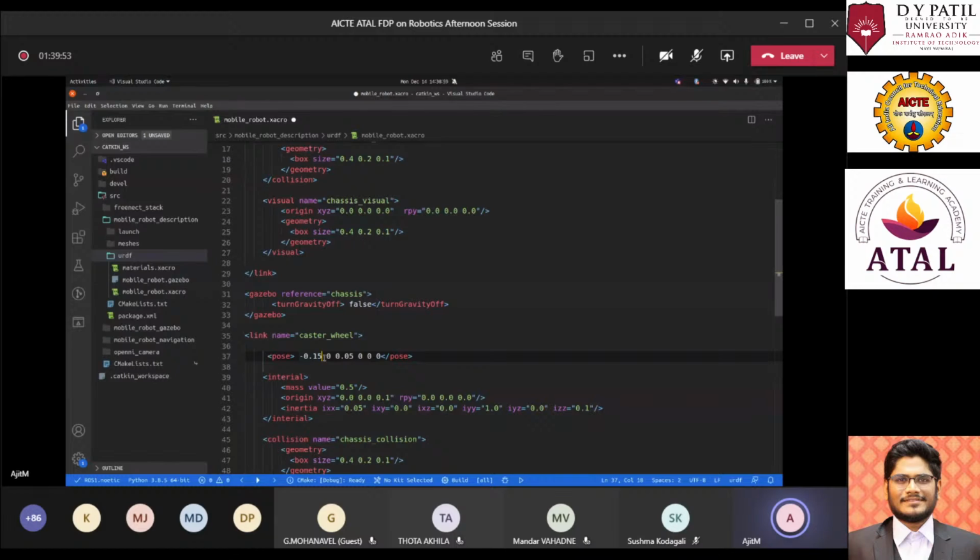Since it is at the center of that point, we don't need to define how it will move in xyz. So here we will keep it as 0, 0, 0.